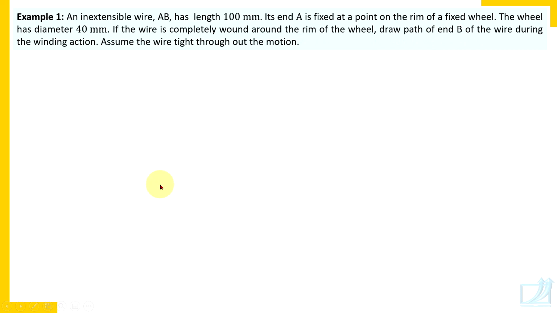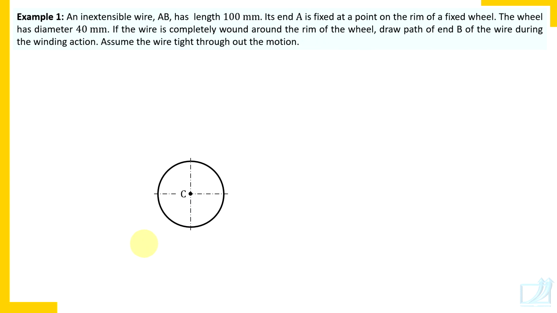So let's proceed. Draw a circle. So when you draw a circle, establish the center of the circle first by drawing a horizontal line and a vertical line. Take radius 20 millimeters in the compass, so that you will get a circle of diameter 40 millimeters. Of course, you should insert dimensions after completing the drawing.